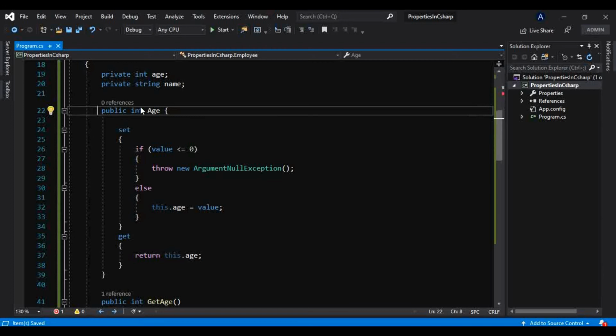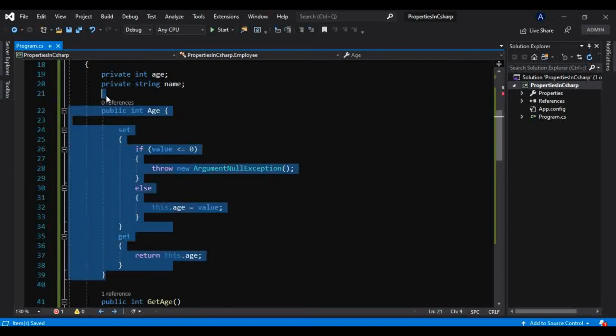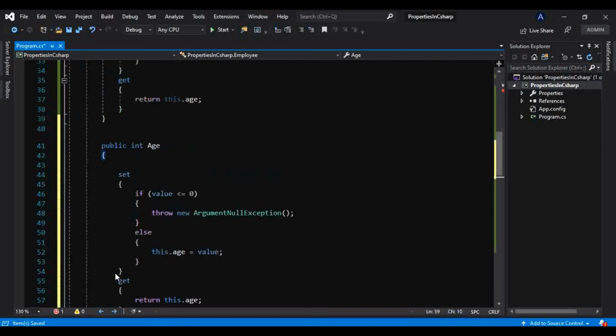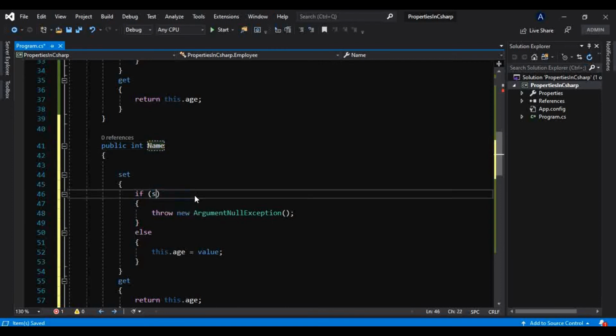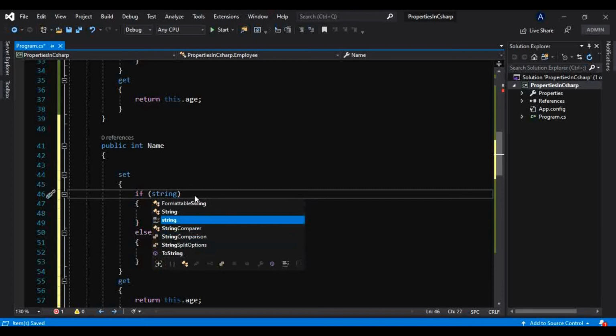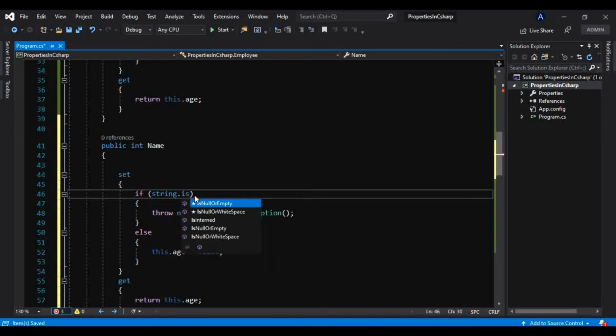So the same I want to do with name as well. I want to have a property with Name as the name, and we know that should be a capital N, and we will check if the string is null or empty.